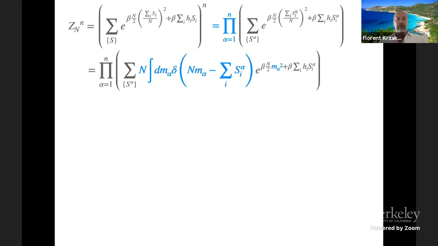All right, and now what I'm going to show you is the way you will write this in any physics book. That's the way it's written in any replica computation that you will find in the physics literature, and I think it's interesting to know how it's done in this community. The next step from here to here is to introduce a delta function. I'm summing over all m alpha, and I have a delta that makes sure that m alpha is equal to the sum over i of S_i alpha divided by N. This means that suddenly I can replace this term by this term.